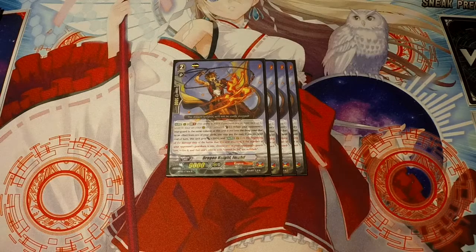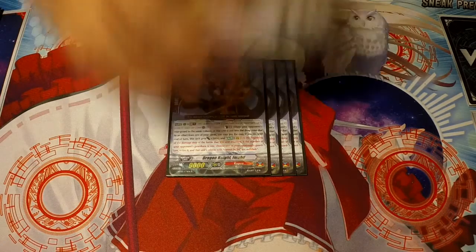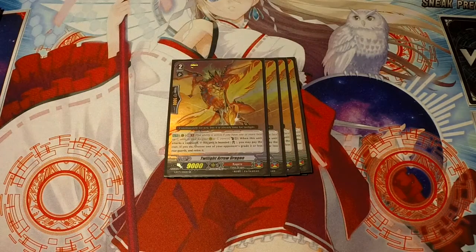Dragon Knight Imad is pretty good in this deck, especially with Heroic Saga, because it's pretty much the same exact skill. You get to pop that Guardian if the number is 1. And so when something dies in the same column as him, you can counter boss 1, he gets plus 2k and Heroic Saga's skill. And then we got 4 copies of Twilight Arrow Dragon,